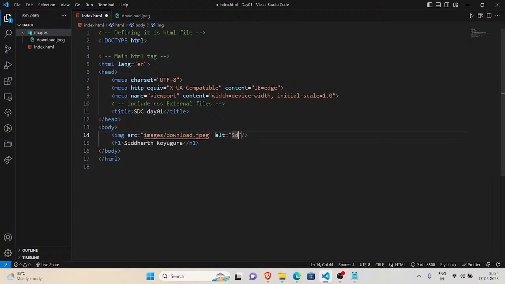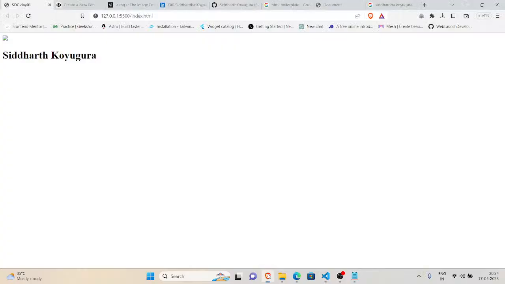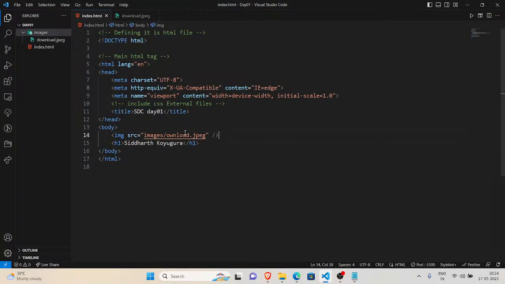For example, I have given here Siddharth Koigura. Oh sorry, before demonstrating the alt attribute, I mistakenly mistyped this spelling. Instead of download, I have entered onload. Then what would happen? The image is not going to open, because inside the images folder, our browser can't find onload.jpeg.